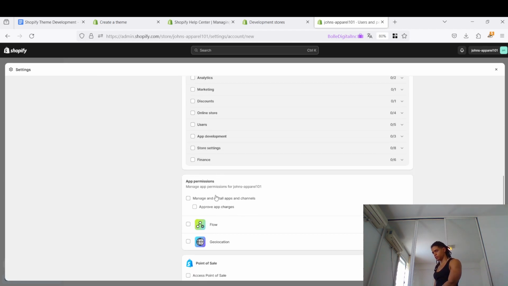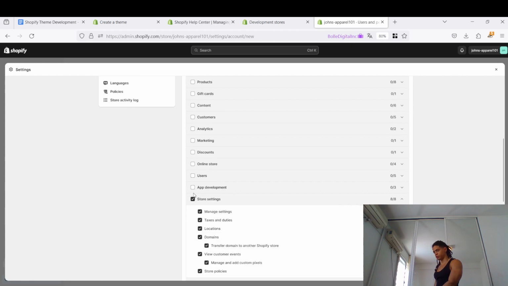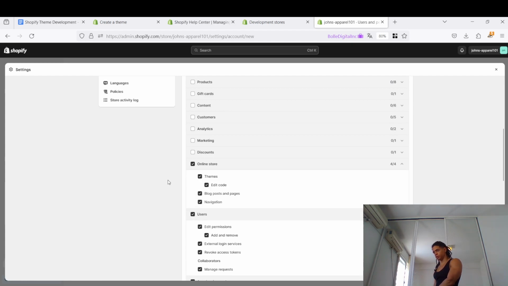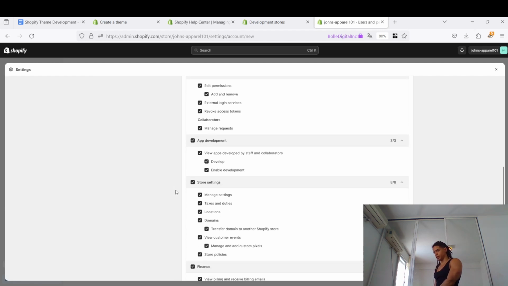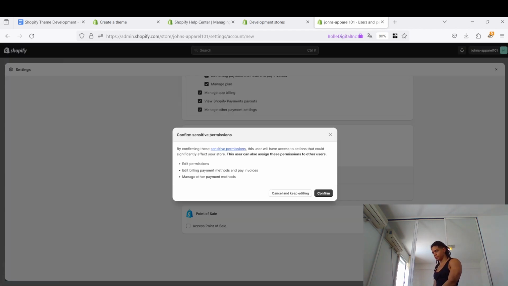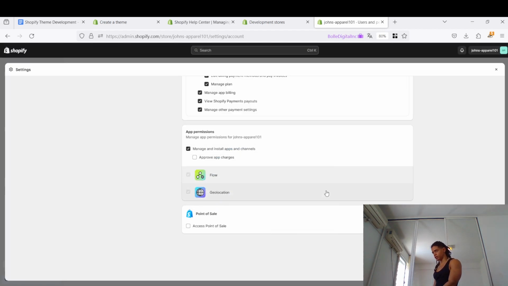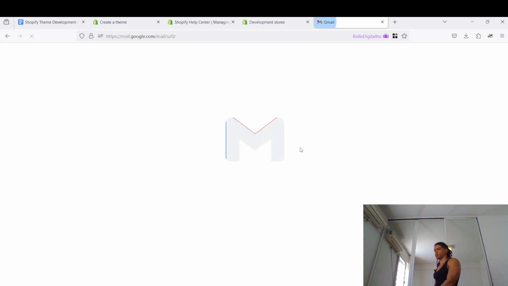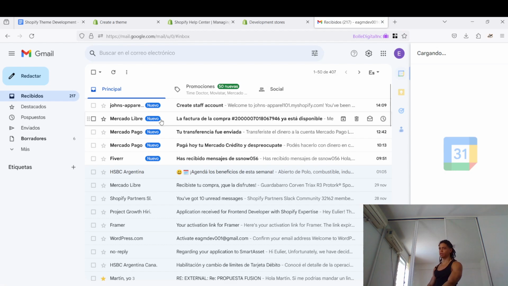All right. So finance, store settings, developing, users as well as online store. No point of sale. Manage and install apps and channels. Manage flow and geolocation. Send invite. That's right. So once I navigate to my own email,